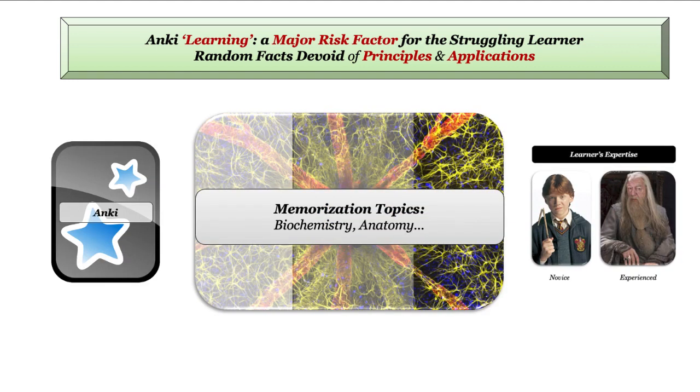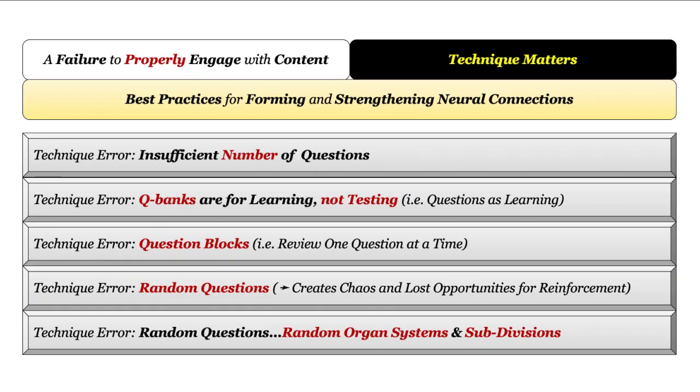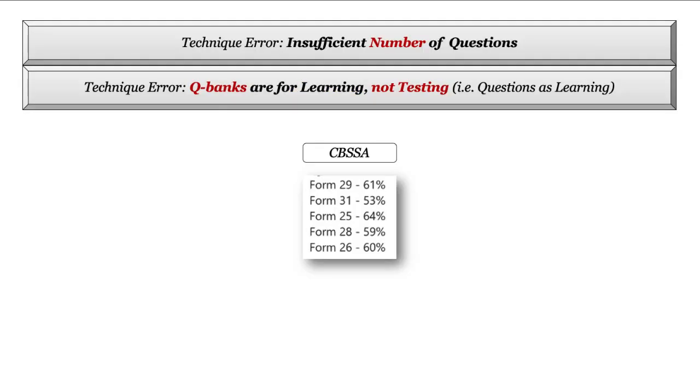If you have to use Anki decks, limit their use to memorization topics such as biochem and anatomy, but do not use them as your primary source of learning. Well, enough of Anki. I know this is an ugly slide, but it is a summary of what we've covered so far. We have one more section to go, but first, let's come back to our student who did lots